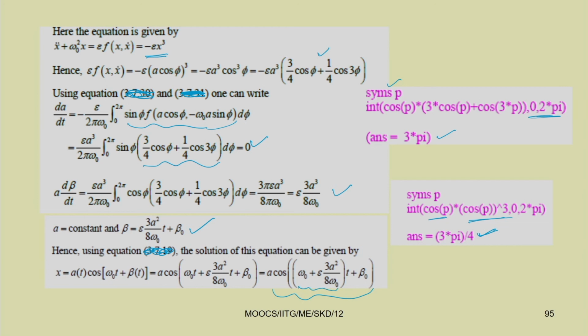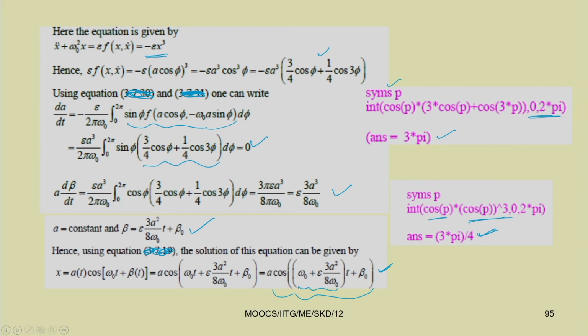By using this Krylov-Bogoliubov method, we have seen the result you are getting is not the correct answer, but it is an approximate solution of the Duffing equation. To make it more accurate, this method has been modified by Metropolsky. So, now we have the KBM method, that is the Krylov, Bogoliubov and Metropolsky method.